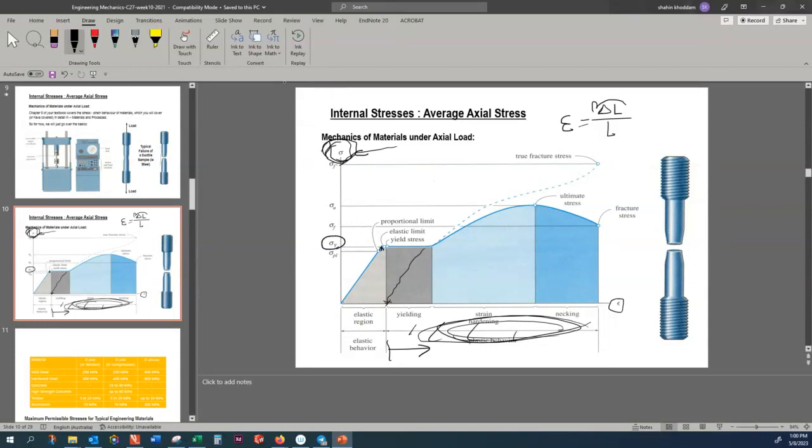You never want to get to that yield point. You want to limit the force such that it won't go beyond that point. So for example, if that force is half of this limit, then the safety factor of the loading is 2. If this load is 1/3 of the yield limit, then the safety factor,